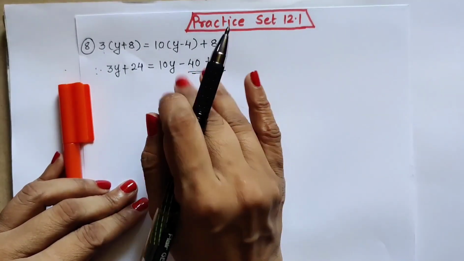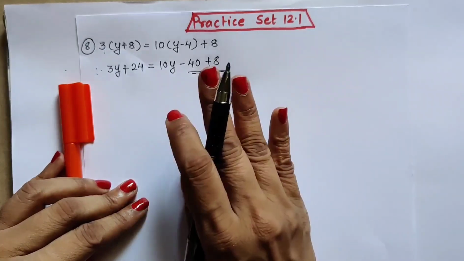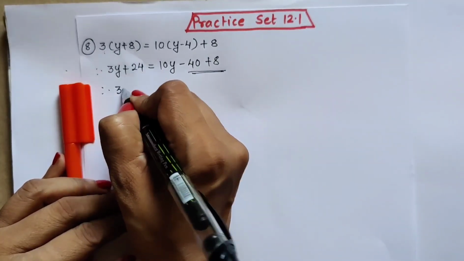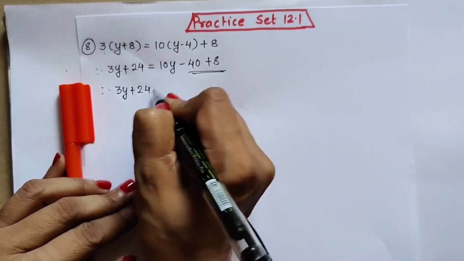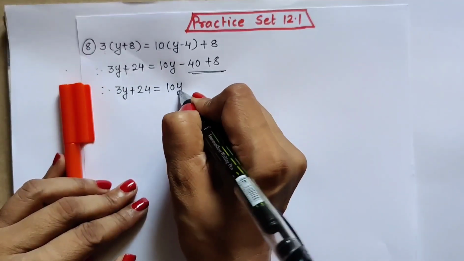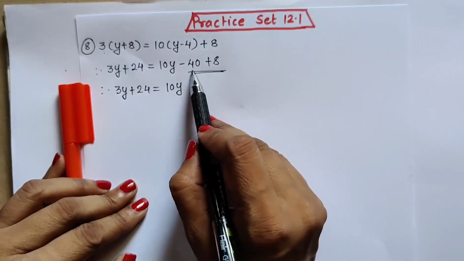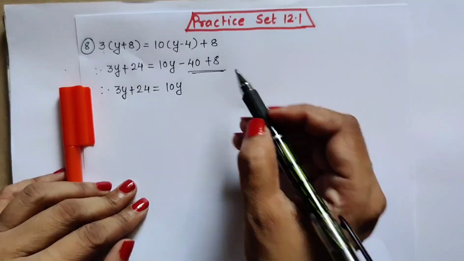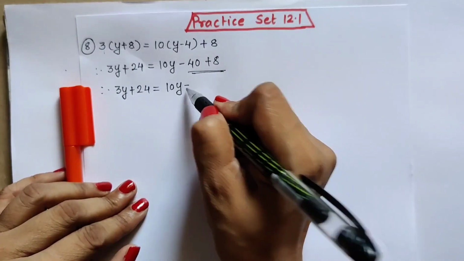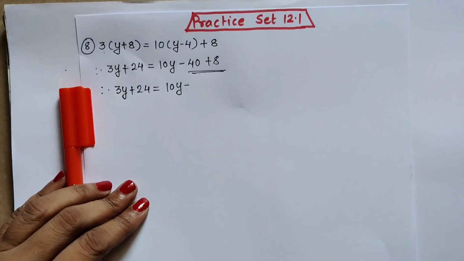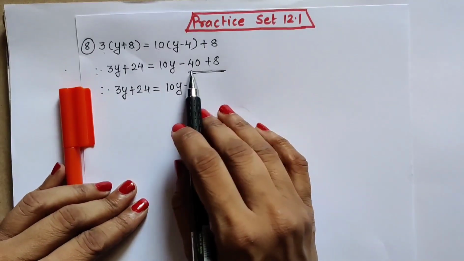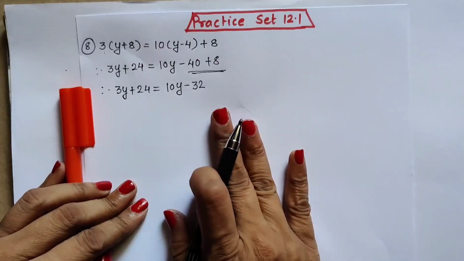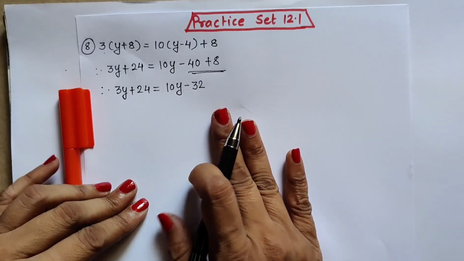Both are constant numbers. We can perform the operation on them. So first perform the operation on them and then solve the equation. Left hand side as it is, write down 3y plus 24. On the right hand side 10y as it is, write down, but we can perform the operation on the constants. Minus 40 plus 8, plus minus becomes minus, the sign of the bigger number, 40, is minus. So I have to put the minus sign. 40 plus minus 8, answer is 32. So in this way the equation becomes a simple one. Now we can solve it properly.